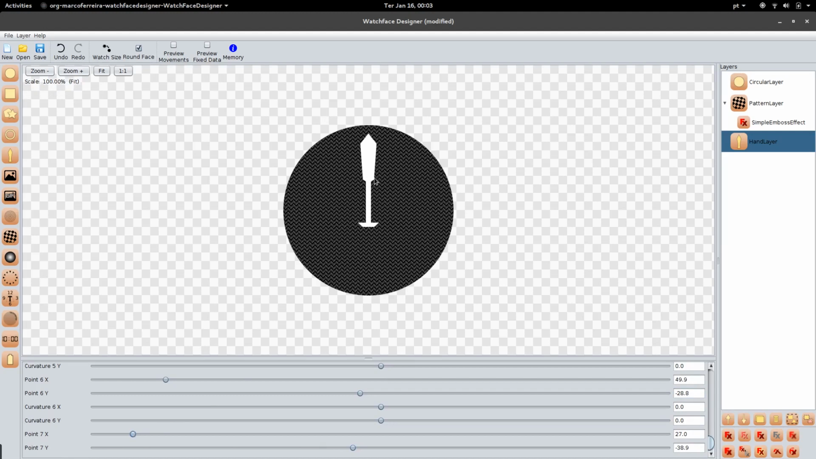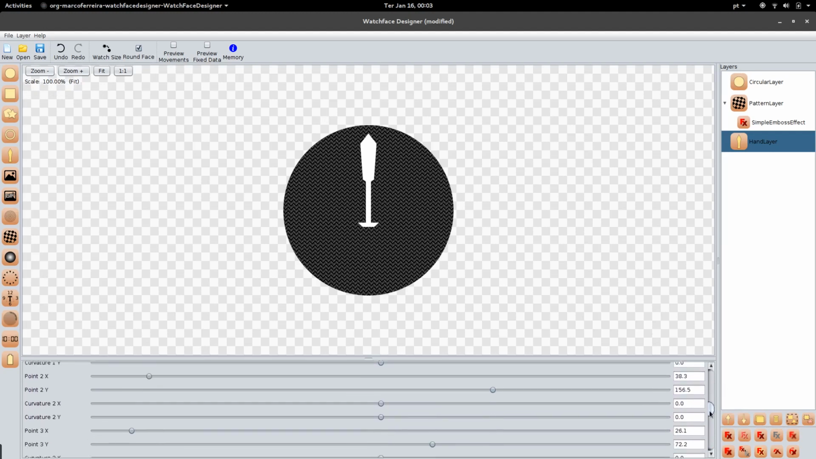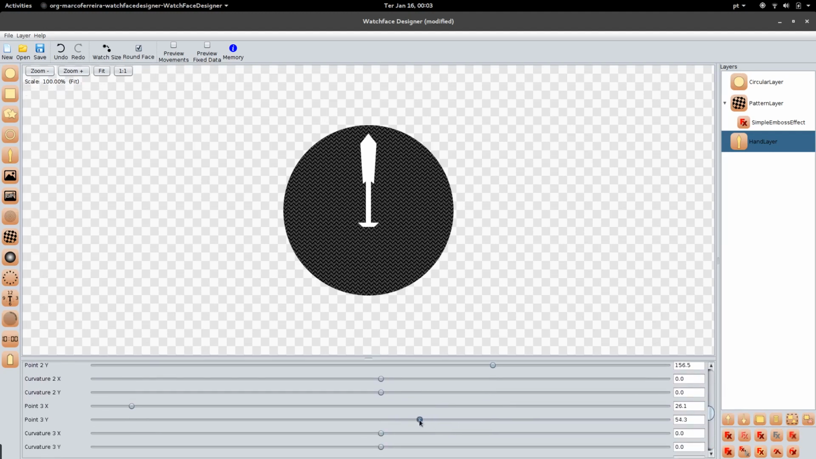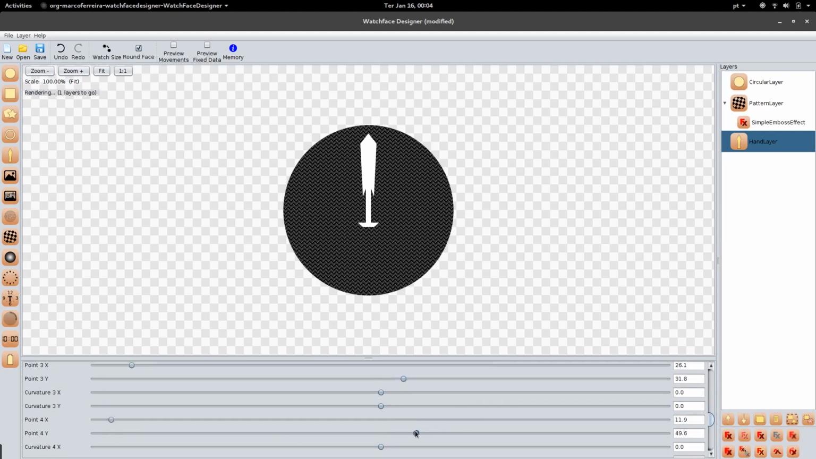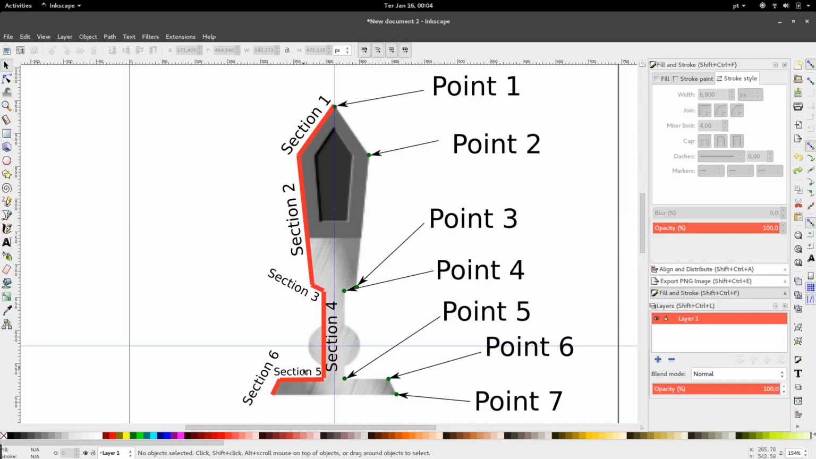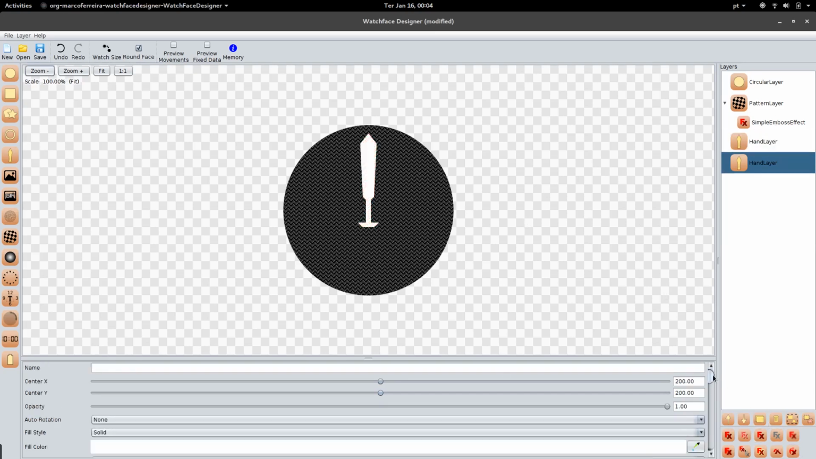Okay, so this is too tall. Let's go to the first, second, third and fourth points. Third point, put it a little bit more down, and the fourth point the same thing. Okay, so this is the first section, the first part of our hand. Now let's try to make this darker area. Okay, to do that we just duplicate this hand. Let's change its color